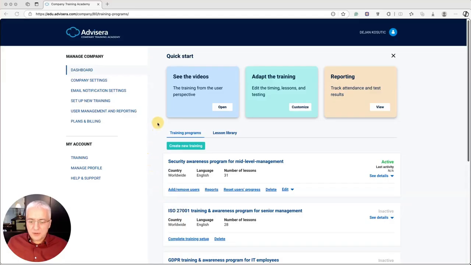One option is to use an online training platform for this purpose, and let me now show you how this works. Okay, this is how this training platform, called the Company Training Academy, looks once you log in. This whole platform is built around the concept of micro-learning. And micro-learning means that the videos displayed to employees are short, let's say 5, maximum 10 minutes,